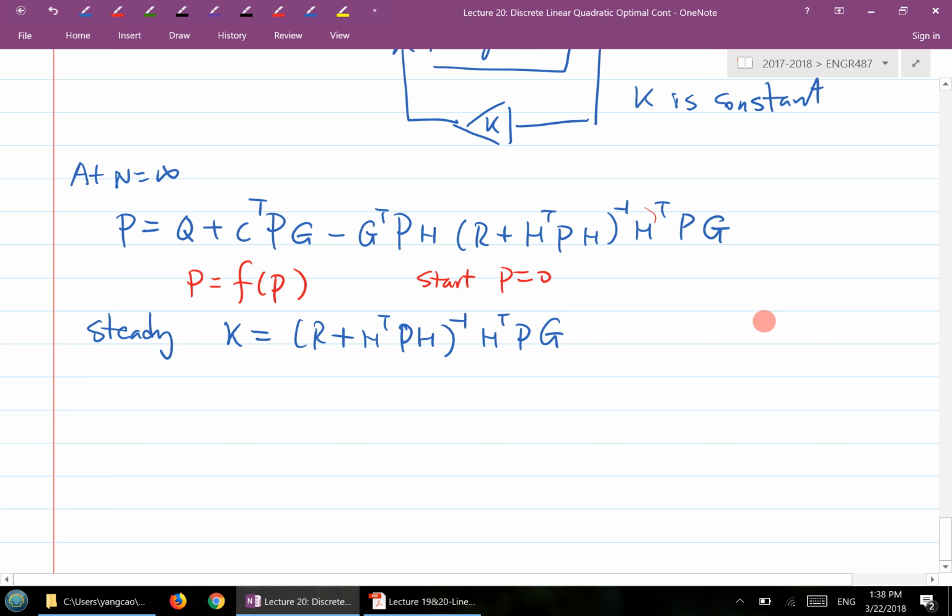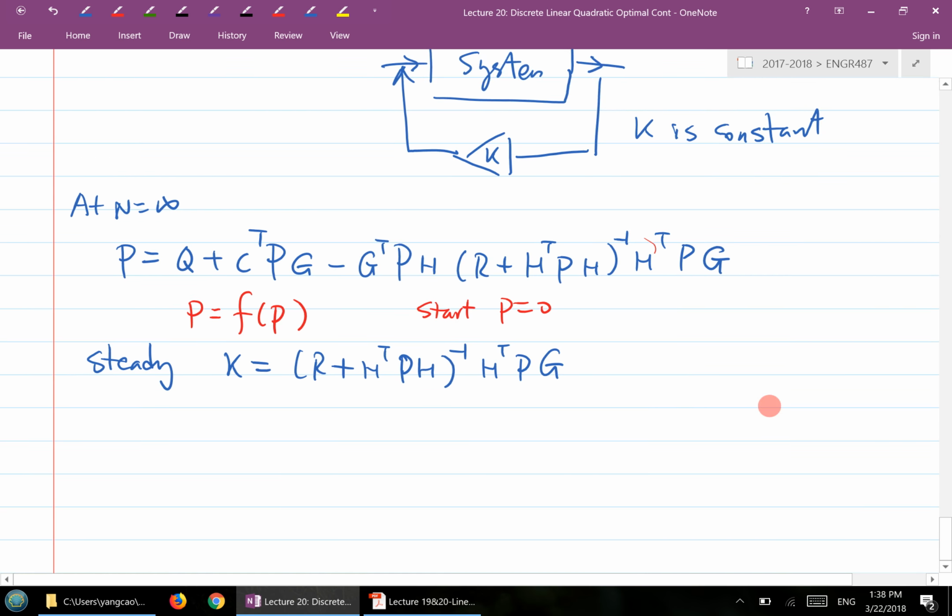So when you're implementing, you use a steady state K? That's right. So you'll use a steady state value for the K. For example, you can hand calculate this for sure, but you can